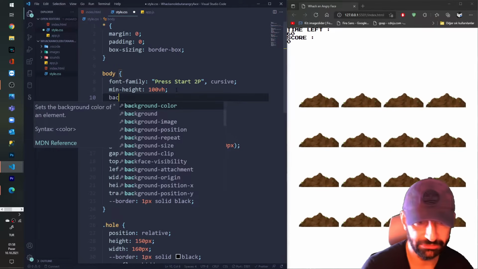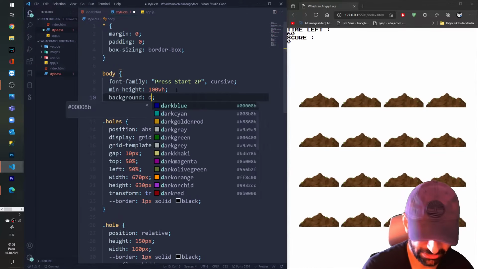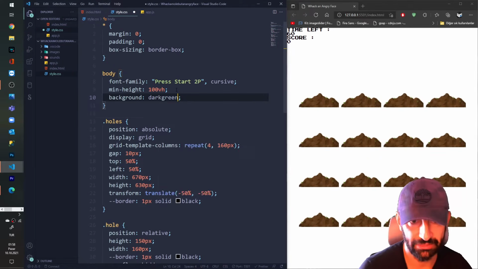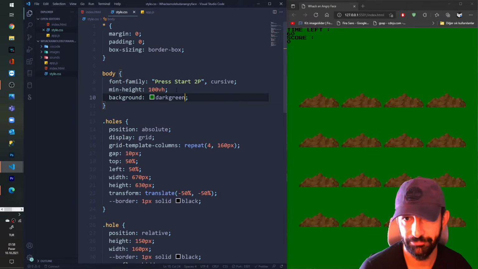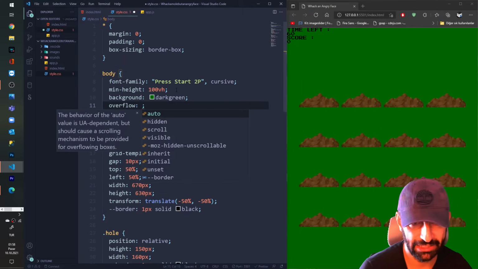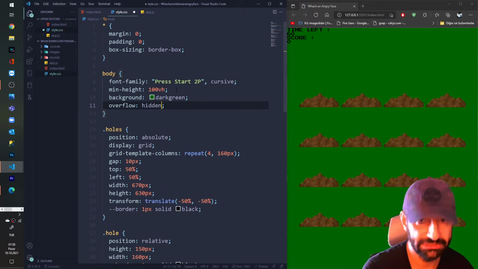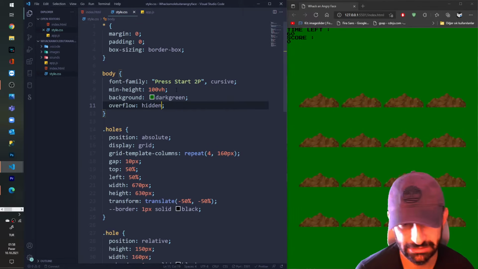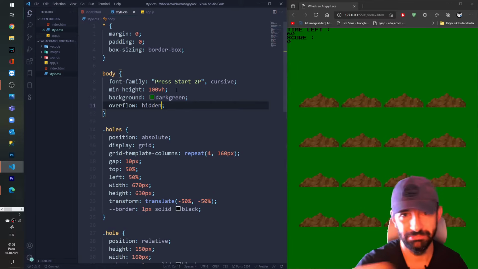I'm gonna say background dark green. I love dark green. Yeah, that's better. And I'm gonna say overflow hidden in order to prevent any unwanted extensions beside the screens.